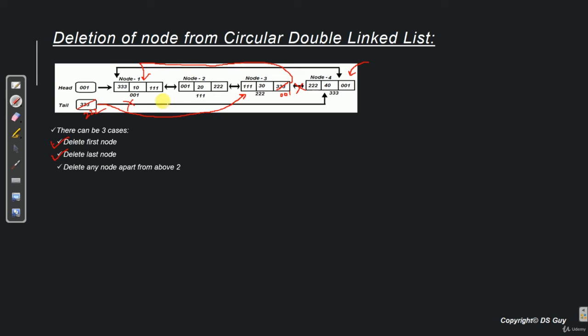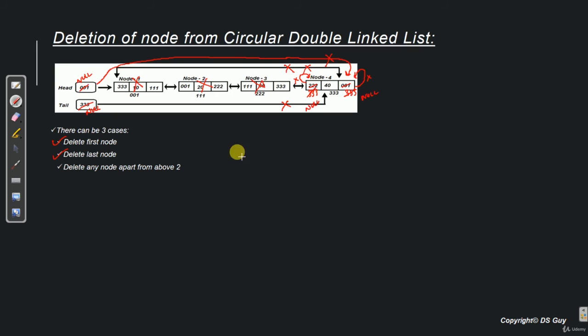Now the last step is we have to update the first node. Remember that first node always points to the last node of the list. So right now the last node is 222. So we have to update here, make it 222. So this will disconnect this connection and establish a connection between node 1 and node 3. So now node 4 is not being pointed by any of the reference variables anymore. Hence it gets eligible for garbage collection and automatically gets deleted.